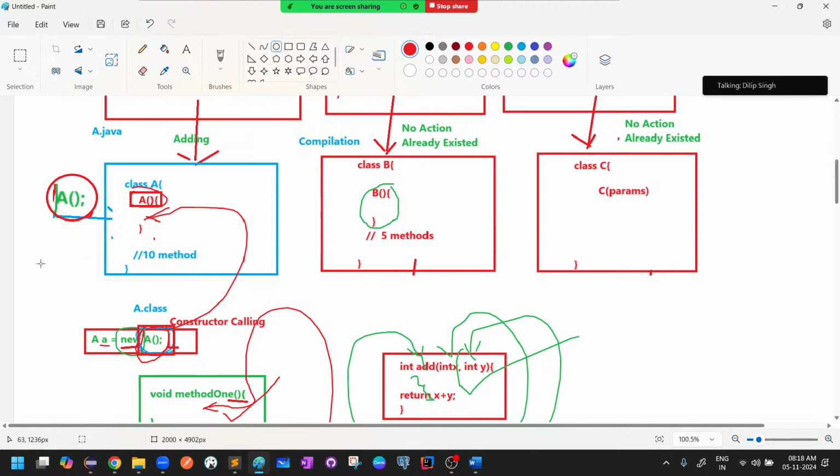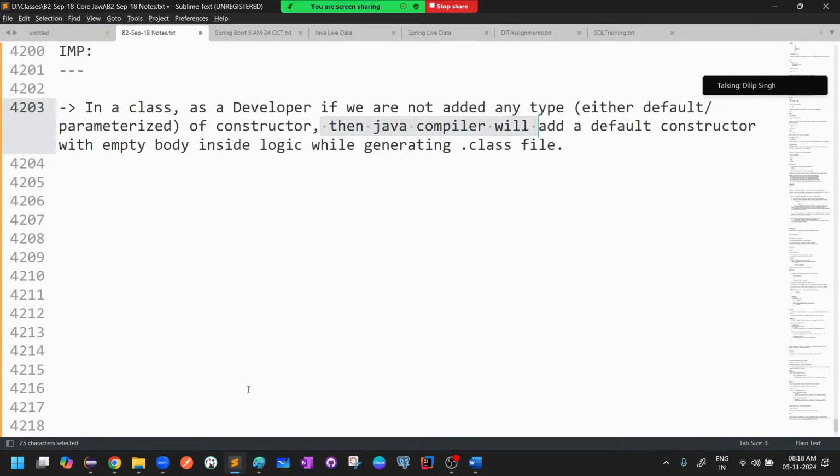Finally, your A object will be ready. But what is the point you understood? As a developer, whether you write a constructor or not, the compiler is going to add it. But the point here is, for every object creation,